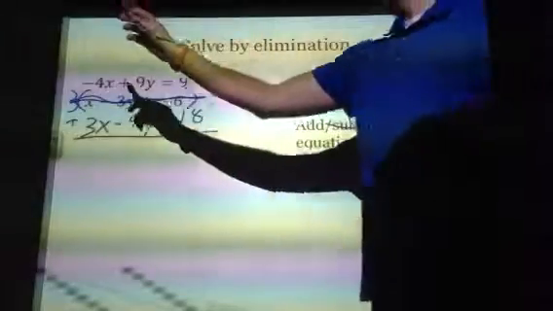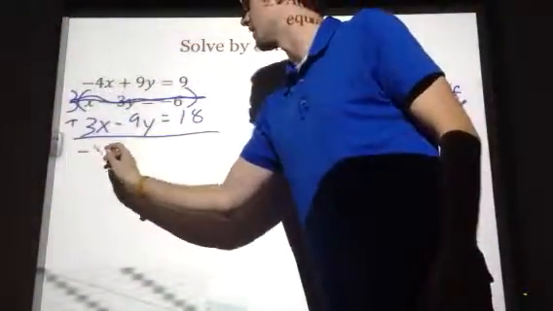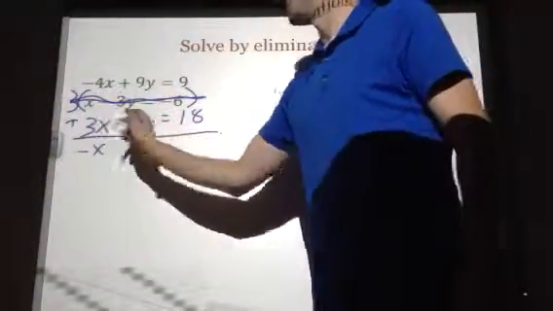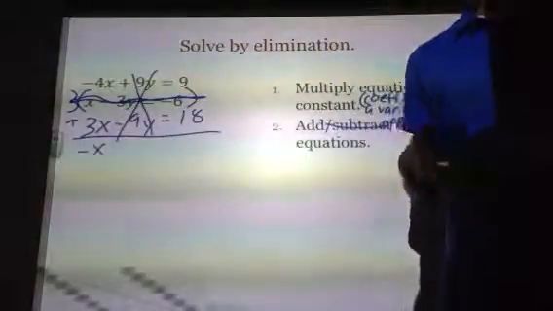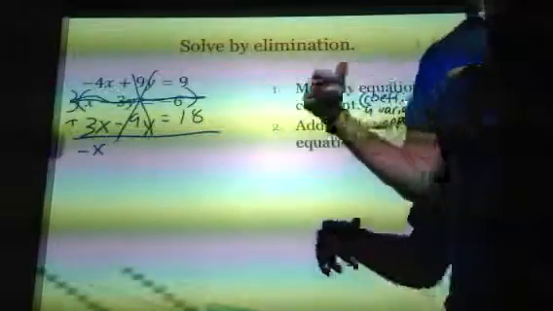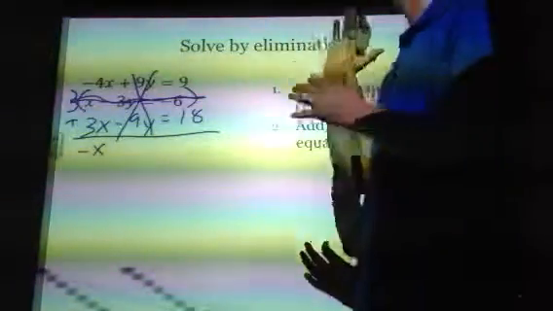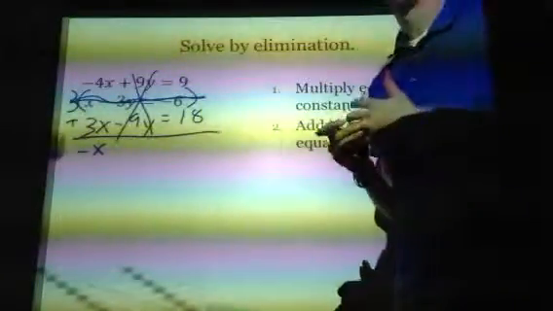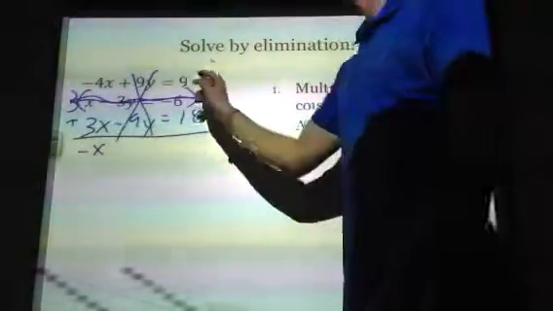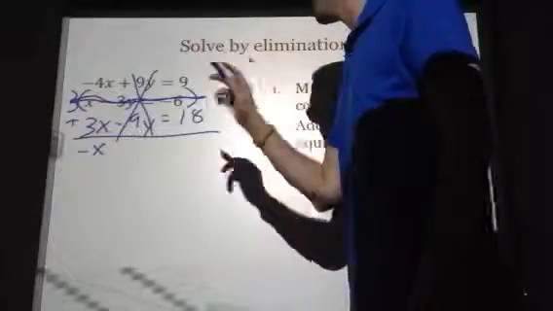Negative 4x plus 3x is going to be negative x. 9y plus a negative 9y, they're going to cancel out. 9y minus 9y is going to be 0y's. And that's what we want. That's what we're looking for. We're looking to cancel out one of the variables so that we can solve for the other. Okay, so now 9 plus 18,